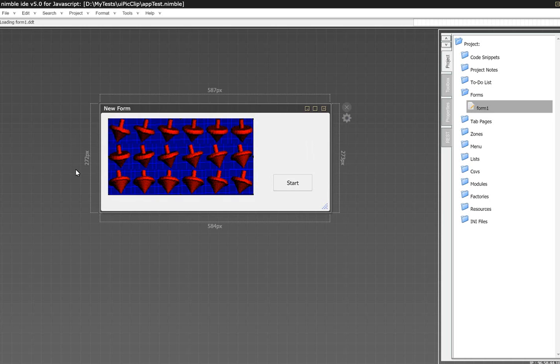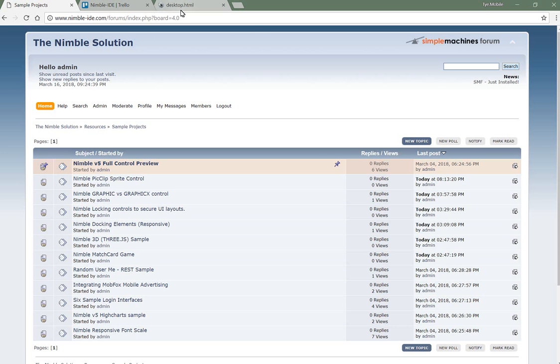This is just a PicClip demonstration. I think I featured this once before, but this is just the source code and a sample test of the ability to do sprite animations with the PicClip control. This is an emulated version of the one that was featured in Visual Basic. I added my own touch to it to make it a little bit simpler to use and more unified with the Nimble platform, but it works pretty much the same nonetheless. I'll give you a quick look